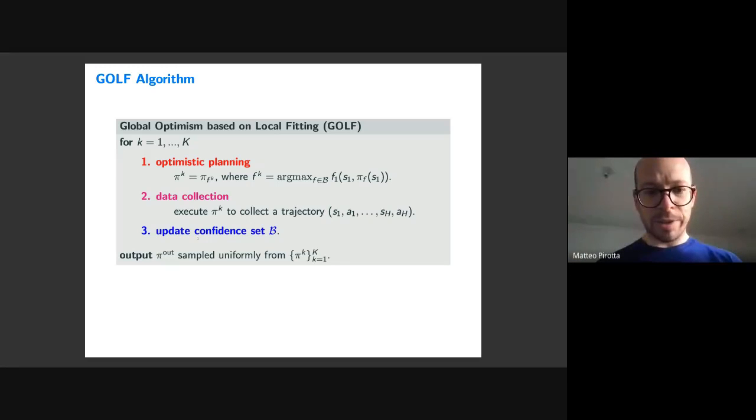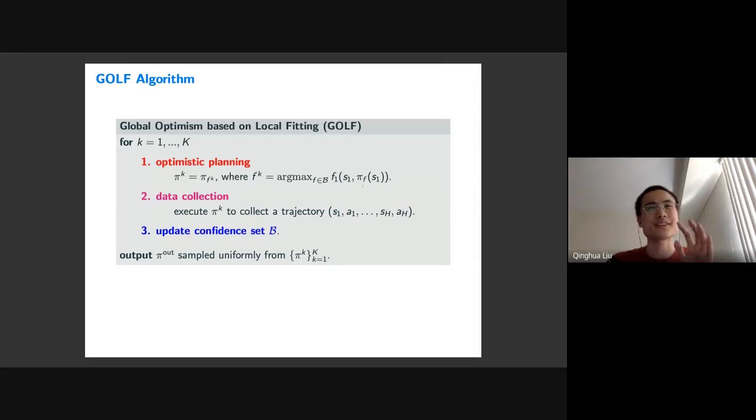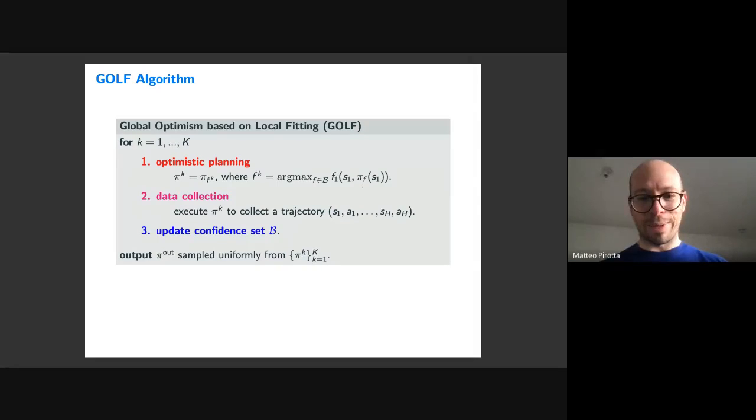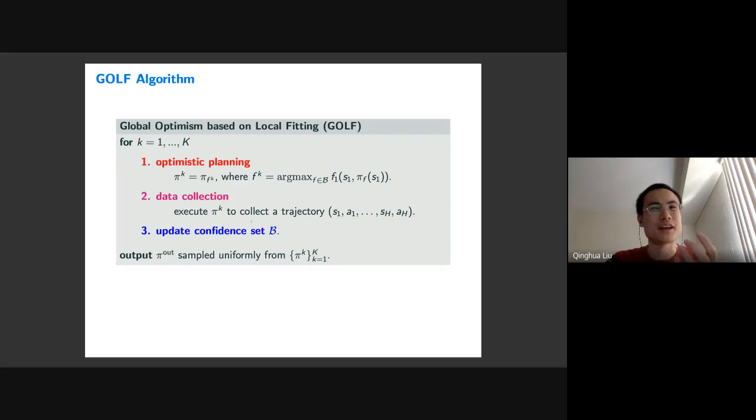So maybe I have a question about the optimistic planning. Just to understand the notation, it seems that there is no connection with the next stage. So in which sense is it planning? Where is the connection with the next stage? Yeah, that connection will be realized in this confidence set. Basically, we construct a lot of local confidence sets that link every local step together. That's why we only need to be optimistic in the first step.